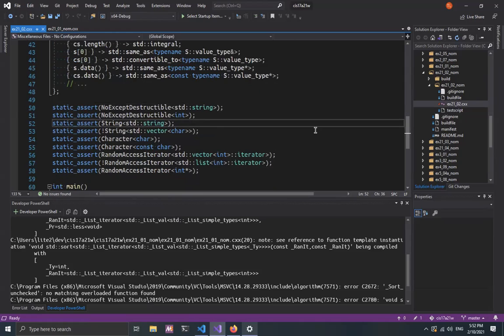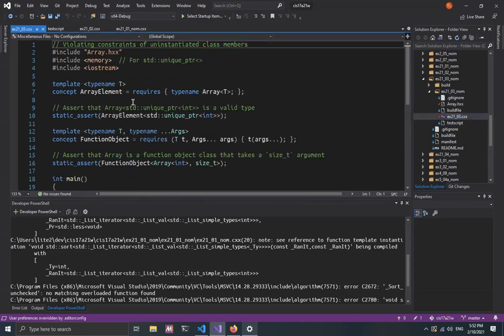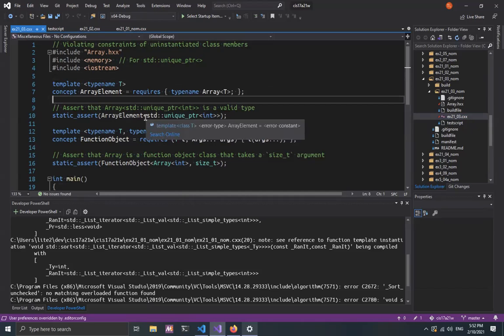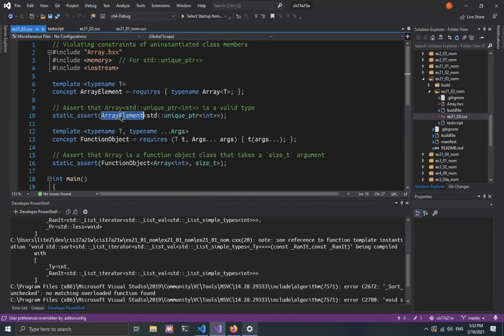Okay, so just want to show you that. Now, here's another example, the number 3, this array class. Right, so here we're saying the array elements concept. Okay, this array element concept is saying this the